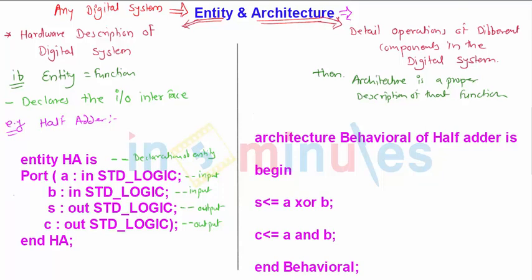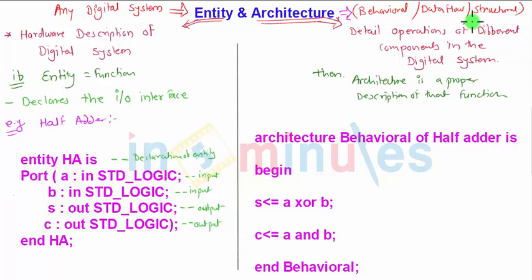Architecture, you can describe the entire logical expression in three different ways, either of the way you have to choose. The first way is the behavioral domain, or you may use data flow, or you may use the structural. Now these are the modes with the help of which you can describe the logical or the digital system or the logical expression. So each of these we will see in the differentiations.